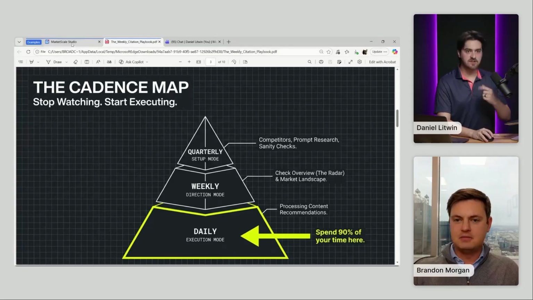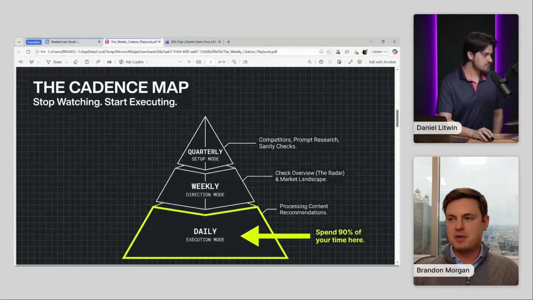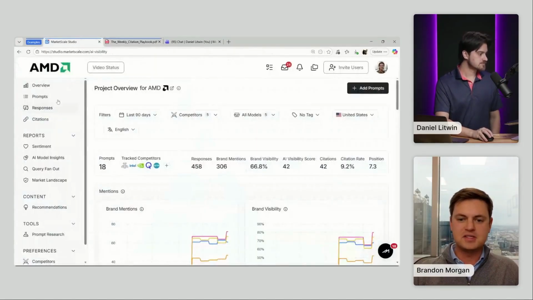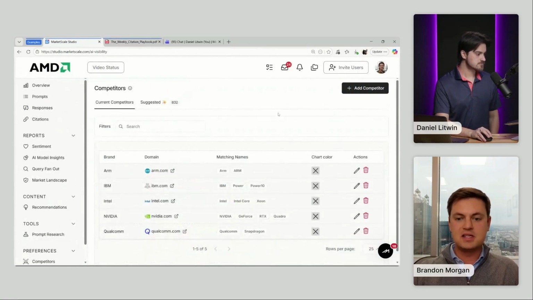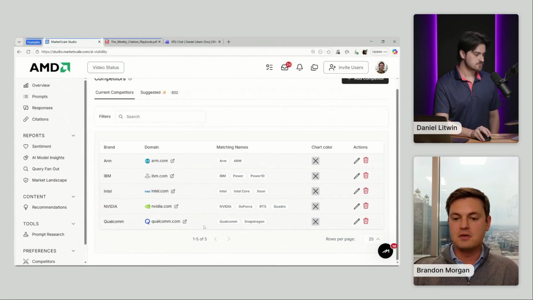And so Daniel, if I can, let me jump in on this. Yeah, go ahead. Just to jump in on this, the reason it's so important to do this on some regular cadence, and quarterly, I think, is a pretty good suggestion, is that the competitors you might want to focus on